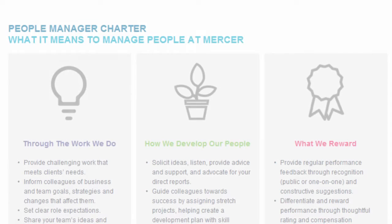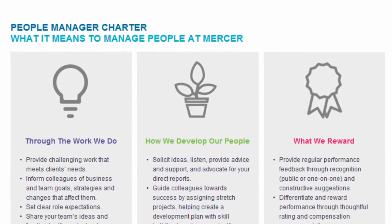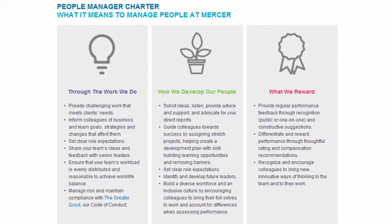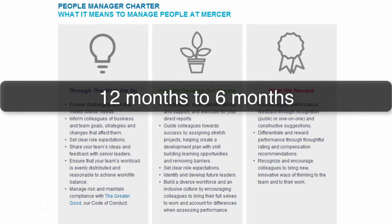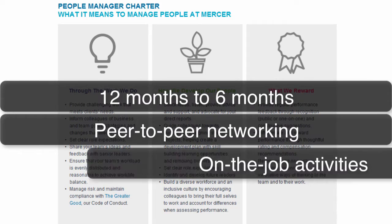After many years of not providing training for our frontline supervisors, we launched our Managing at Mercer program in 2013. Today, the newest redesign of the program incorporates feedback from employees and managers, as well as aligns with the newly developed People Management Charter. In order to address the needs found in the evaluations and the course analytics, the goals of the redesign included decreasing the length from 12 months to 6 months, increasing peer-to-peer networking, and focusing on the